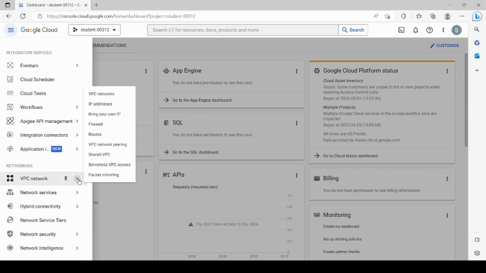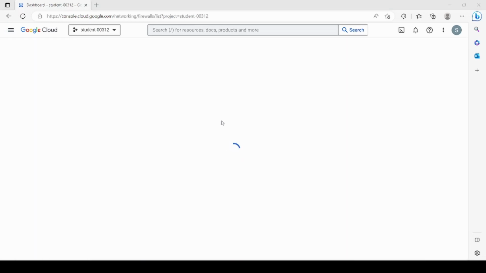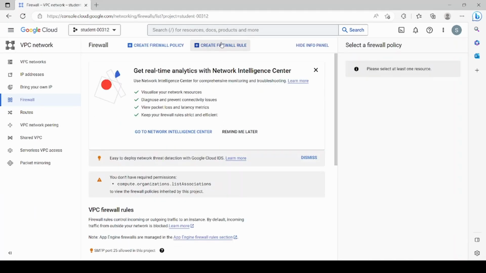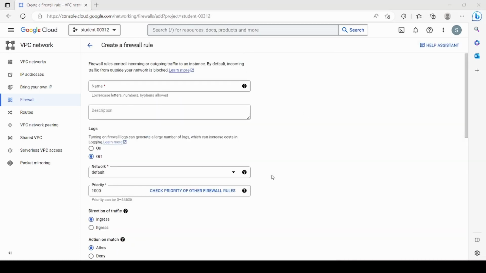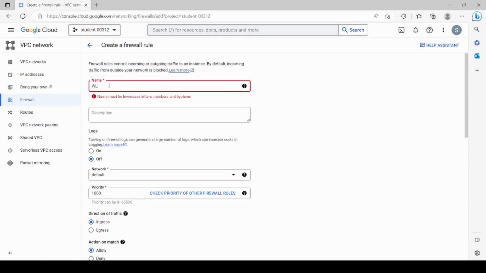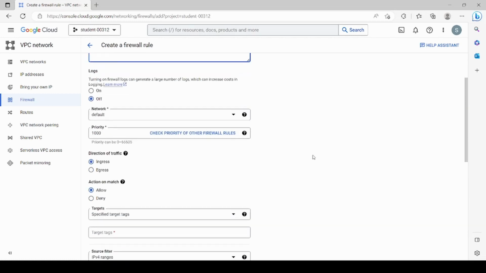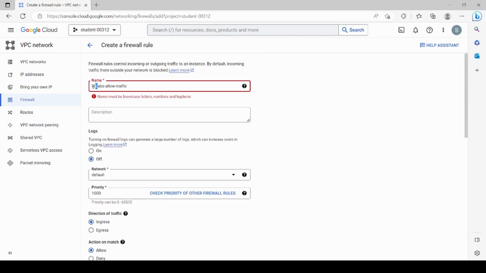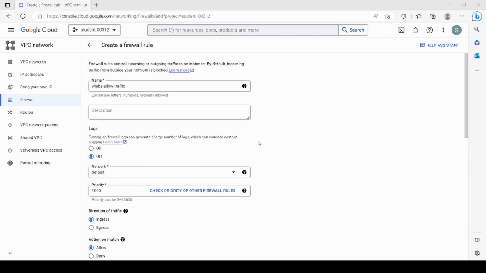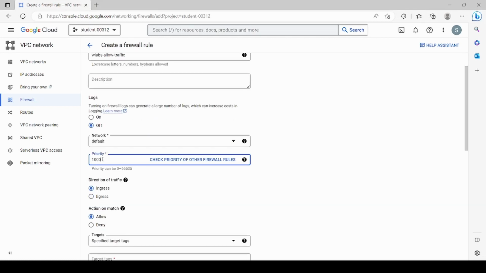Here it is. So click on here, and we click on the firewall, and after that we click on create firewall rule, right? So let's say we would like to create a certain firewall rule, and we name it hello traffic. Let's say traffic, and then let us set the priority to 2,